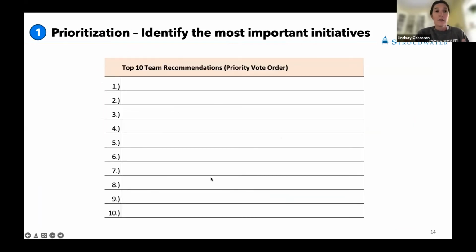So again, we're going to go into each one of these components a little bit more. This one's pretty self-explanatory. These are identifying the most important initiatives for your organization. And then